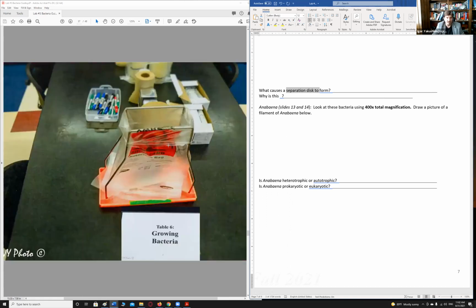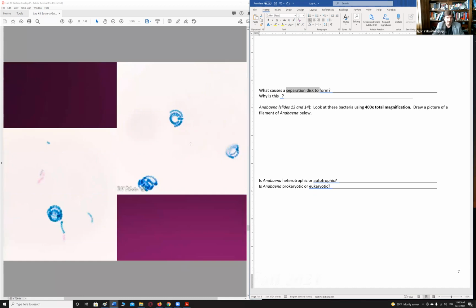Now, Anabaena, if you ever did the Bio 1, you already seen it. It basically will be a cluster, also photosynthetic bacteria. But here it looks pink, here it looks blue. Some of these things like, is it gram-positive or is it gram-negative? They were using not the gram staining technique. That's why they look slightly different. So different colors. But in this particular case, you have kind of beads of the bacteria combined together in the